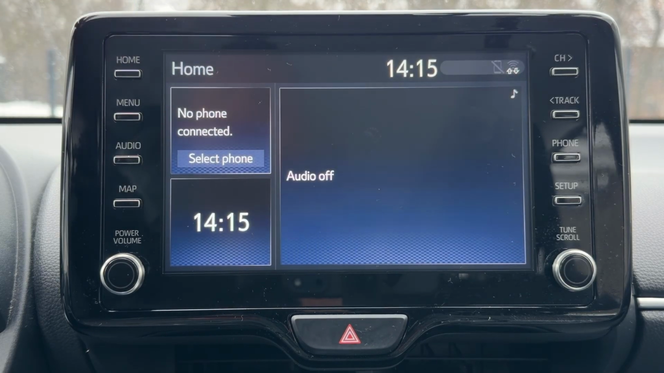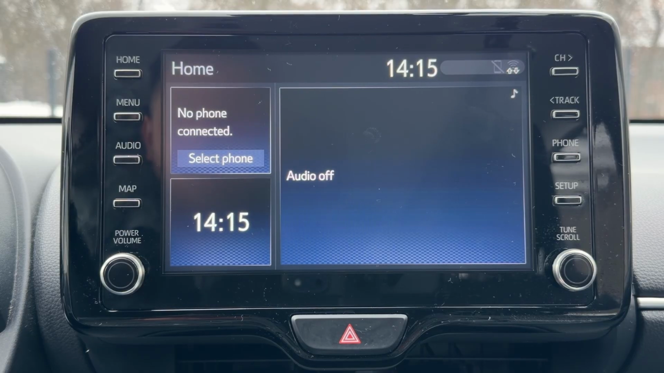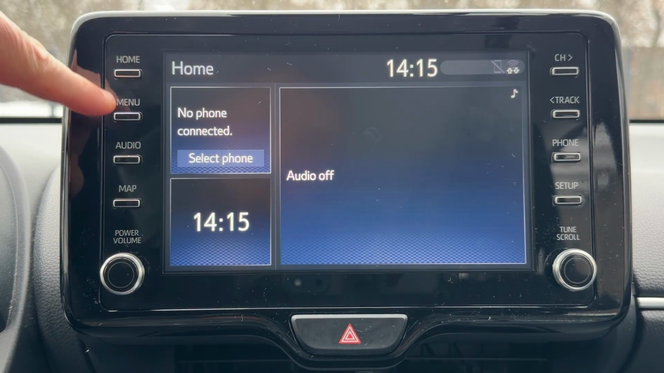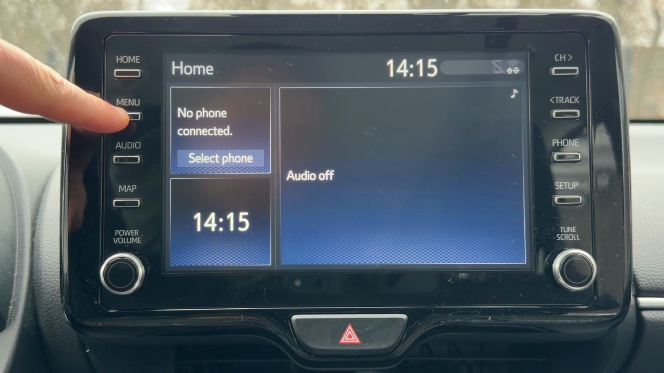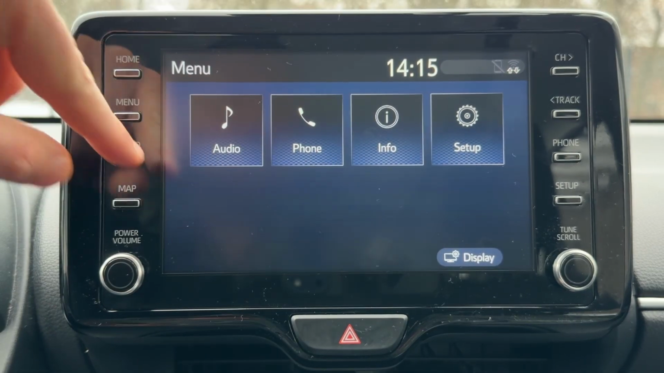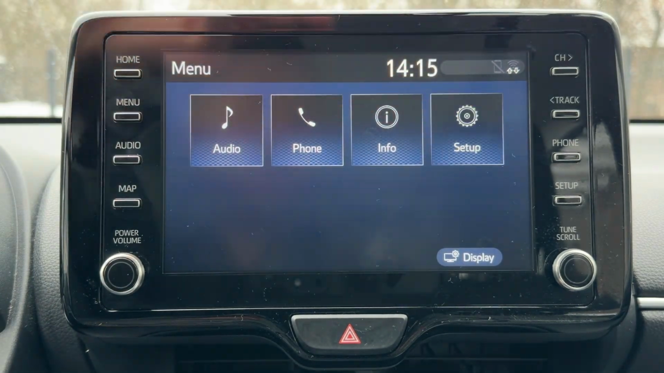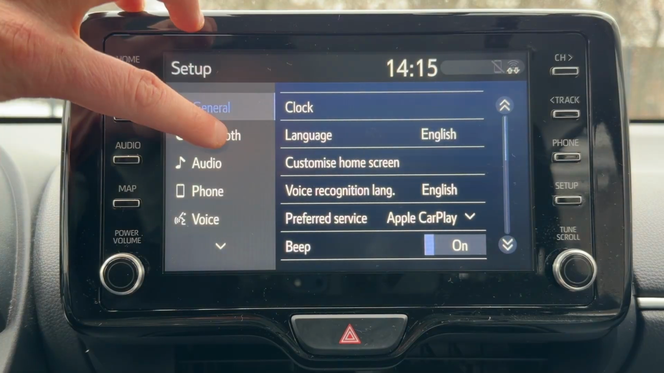So, let me start by using the home screen. Here, let's choose the menu, the second button from the left side, and here you've got 4 icons. Choose Setup, select Bluetooth,